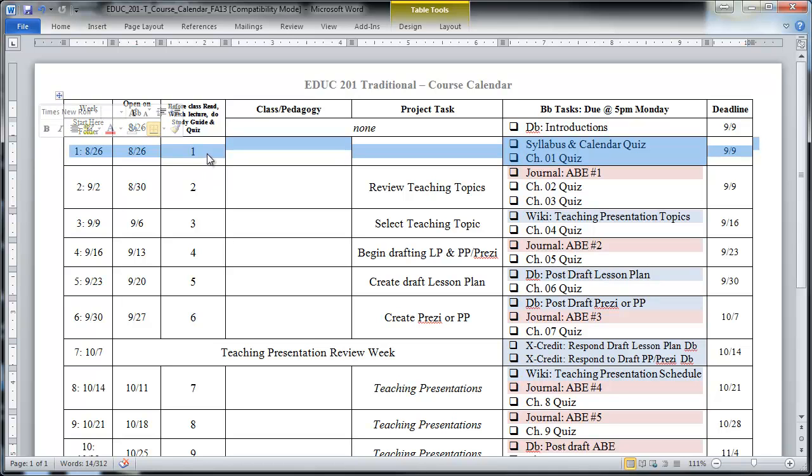But it would be better if you had chapter 1 read before you come to class on Tuesday, and definitely chapter 2 read before you come to class the Tuesday after Labor Day. Then the following Monday, which is the 9th, all of these things are due, so you've got to be caught up by then. You have a couple weeks to get your books also.